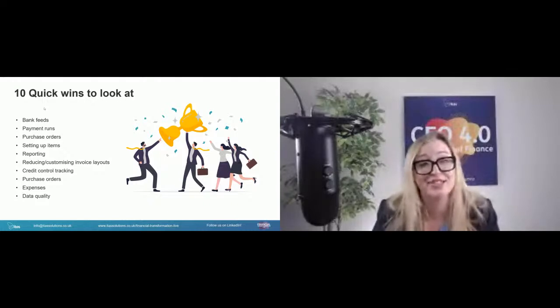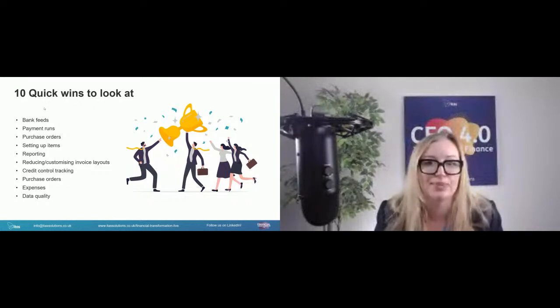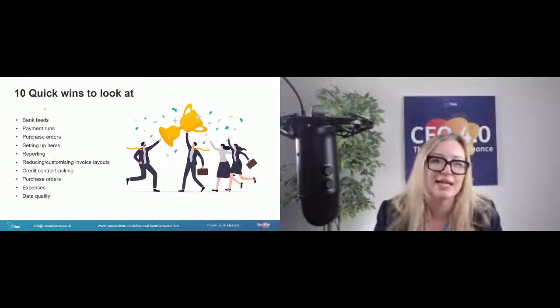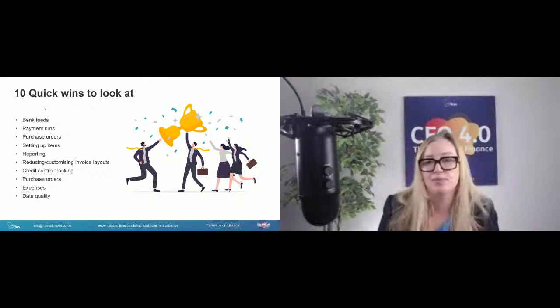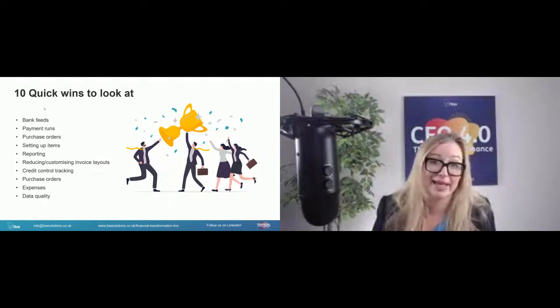A lot of businesses, especially those that are not stock-based, will not pre-set up products in the system, and that's challenging, because it means people are manually typing in a lot of information. If you set up products, items or stock items within your system, you can very often set them up as service only.